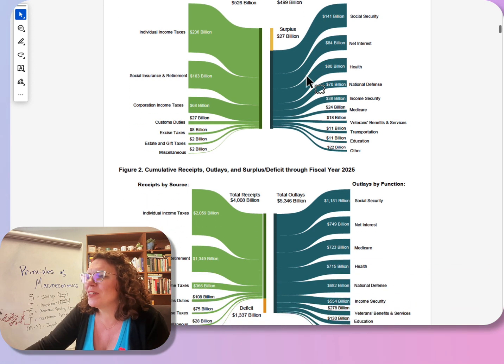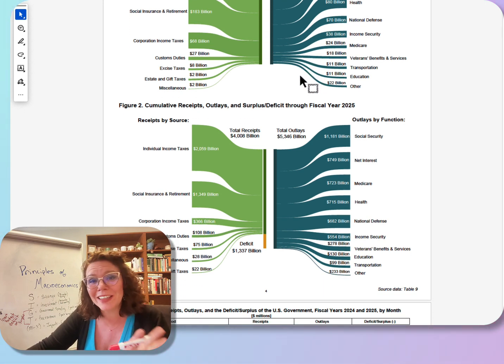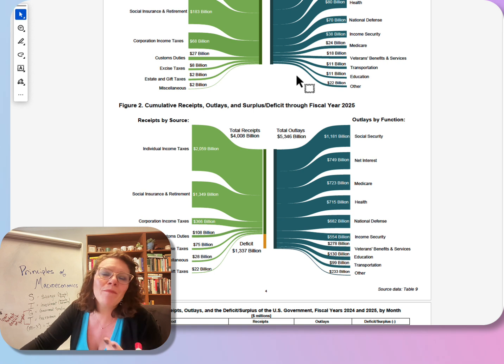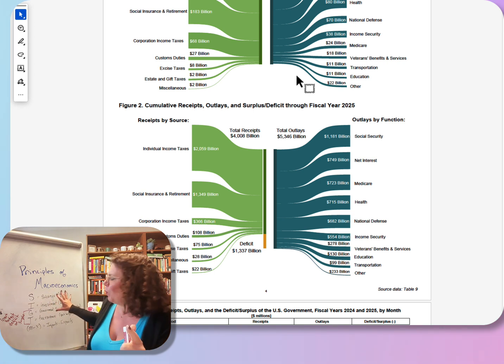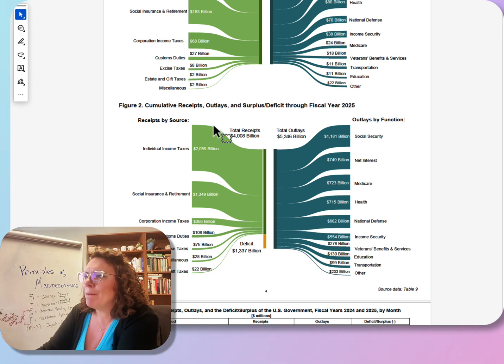If we scroll down, though, we see that the overall trend is not that way. Like we've kind of said over and over again in the textbook, slides, lectures, all of this, the U.S. tends to run a budget deficit and a trade deficit. And that's the whole point here, is that those things are connected, and we can see it over here in part with the receipts to date. So this is for the fiscal year of 2025.